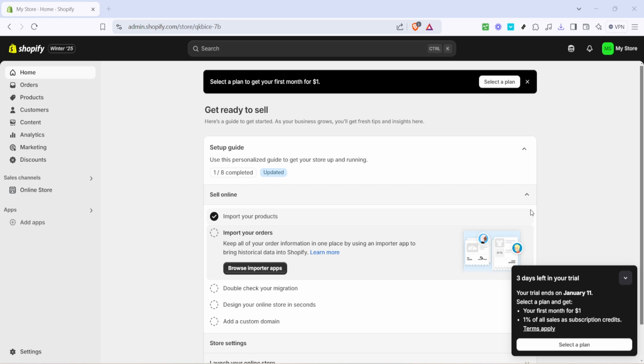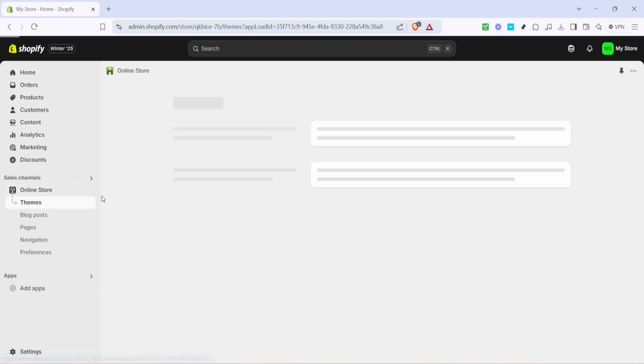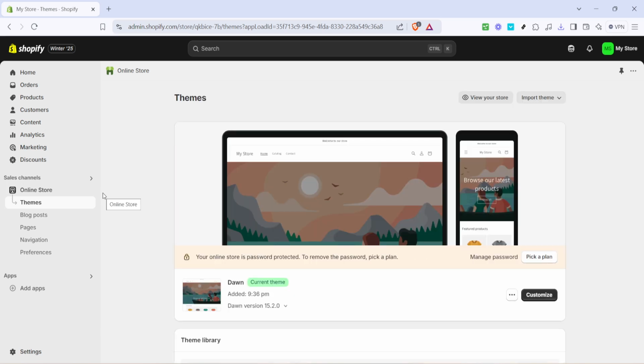Next, look towards the left side of your dashboard. This is where you'll find a panel with different options. We want to manage your online presence, so you're going to look for online store and click on it. This will take you to the section where you can adjust various aspects of your store that are visible to the public. It's an important part of the journey because this is where we'll set things up to go live.